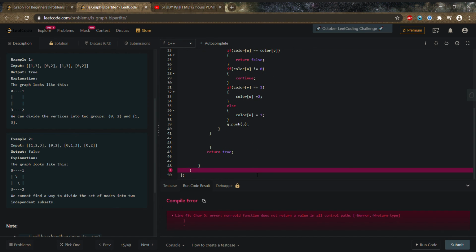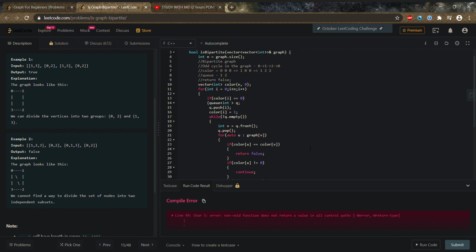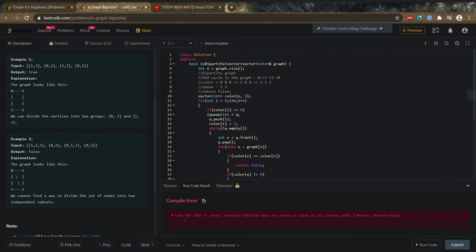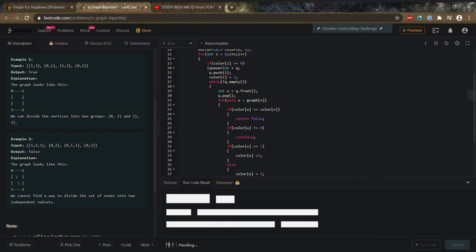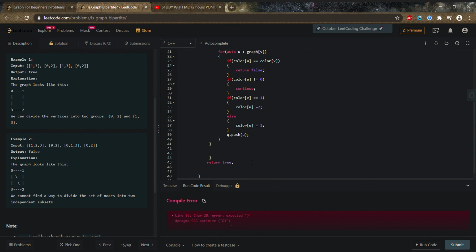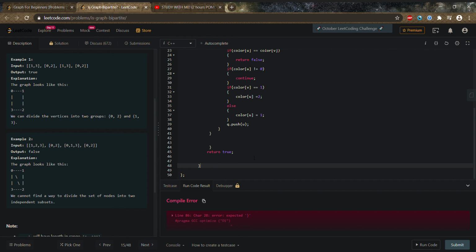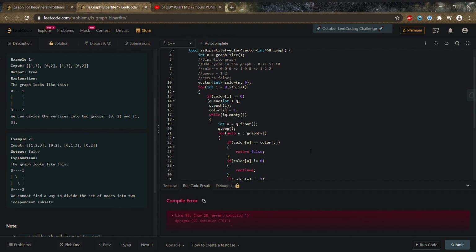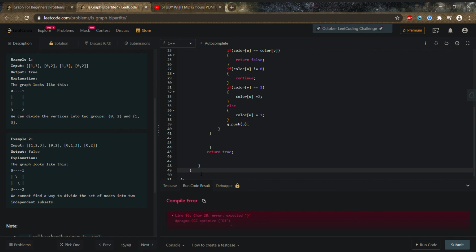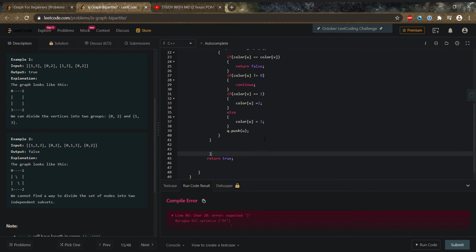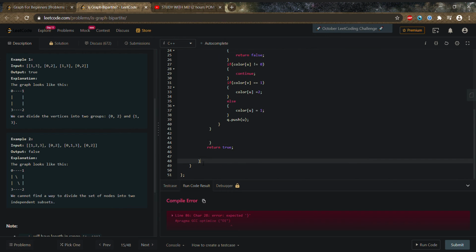Okay, let's just see. There's an extra parenthesis. What happened? I think the parenthesis should be there actually. I don't know where the parenthesis is going wrong. Let me just check it. Okay, this is for the for.